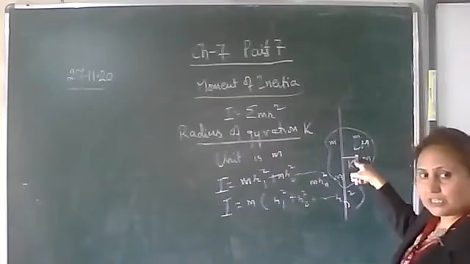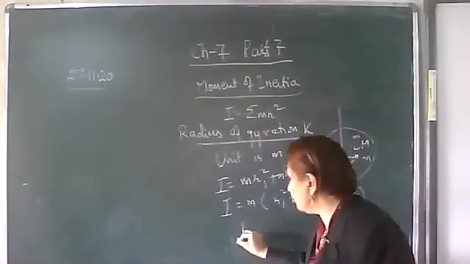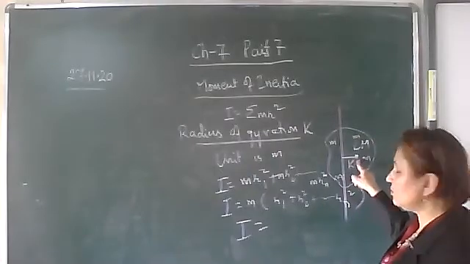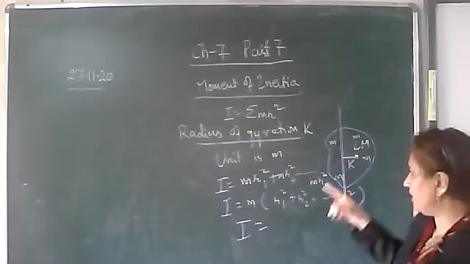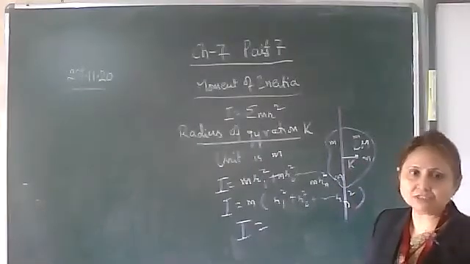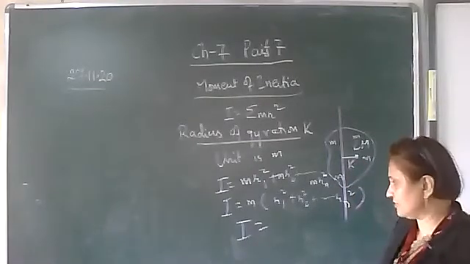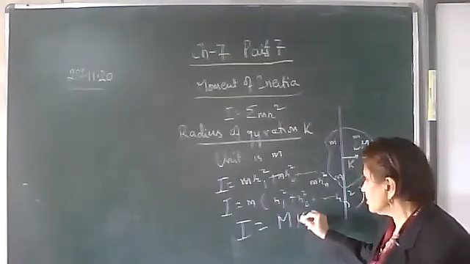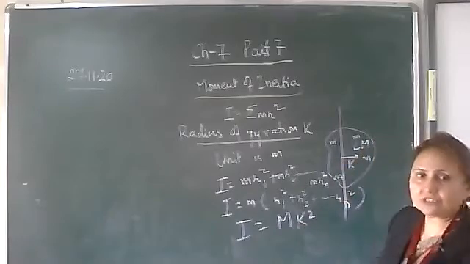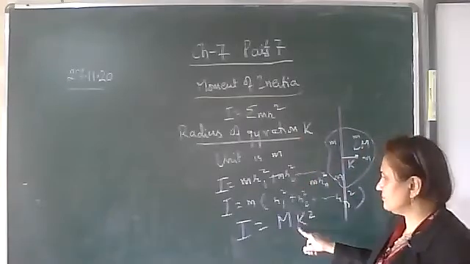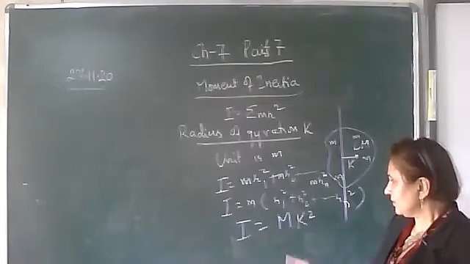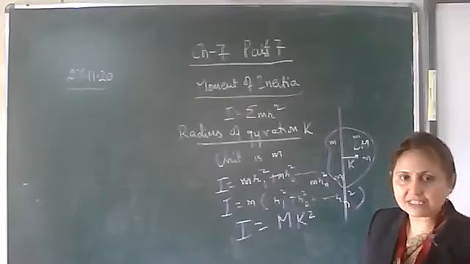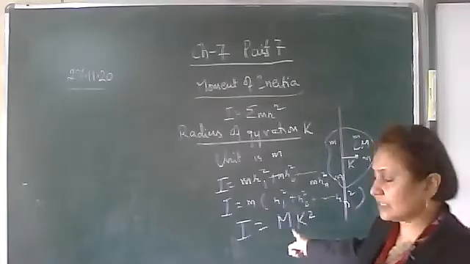Now, what will be the moment of inertia of the rigid body about the center of mass? The moment of inertia of the center of mass about the axis of rotation will be equal to the mass of the whole rigid body. Why? Because at the center of mass, the whole mass of the body is supposed to be concentrated. Let the total mass of the body be capital M. So it is M into the square of the perpendicular distance from the axis of rotation, which is k, the radius of gyration, which is equal to M k square. This is the moment of inertia of the center of mass, as the whole mass of the body is supposed to be concentrated at the center of mass.